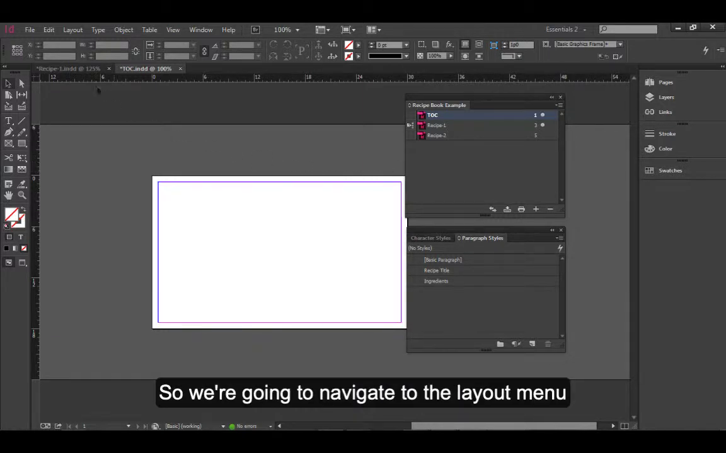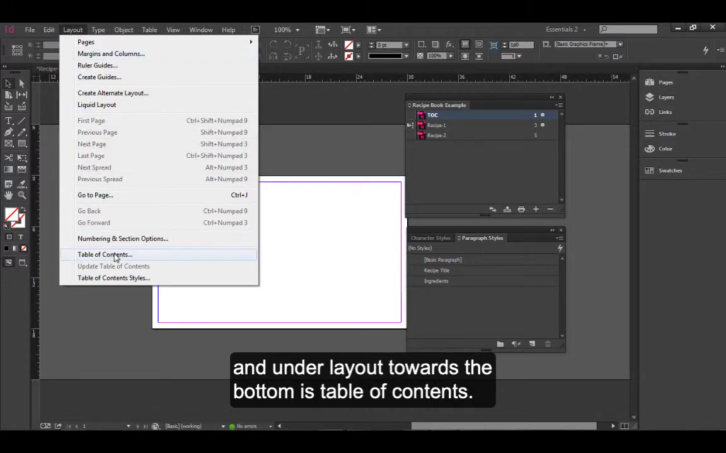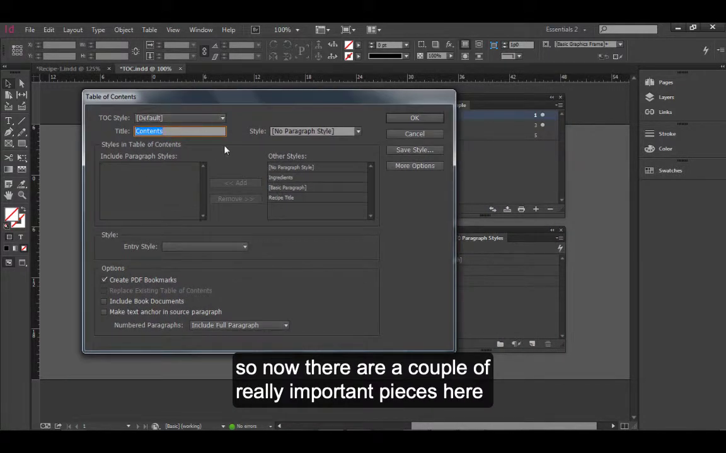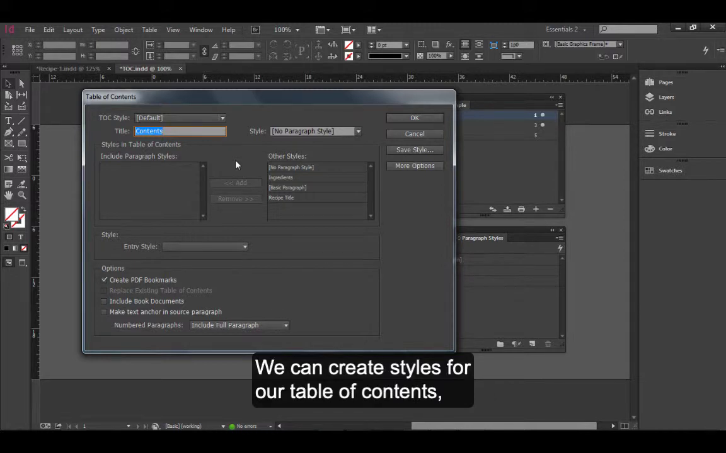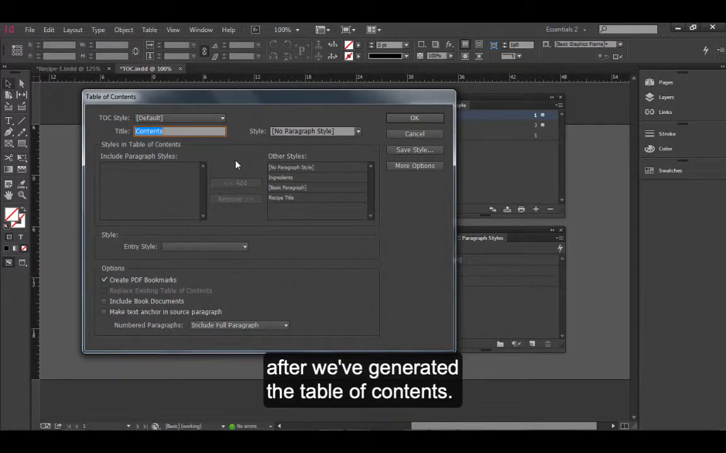So we're going to navigate to the layout menu, and under layout, towards the bottom, is table of contents. This will open a dialog box. Now there are a couple of really important pieces here that you need to make note of. We can get back to this, so we can go back and edit. We can create styles for our table of contents, but that's all after the fact, after we've generated the table